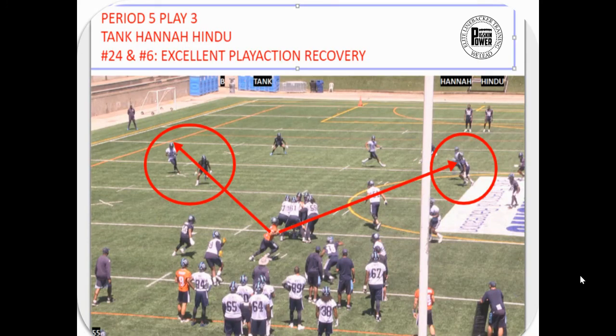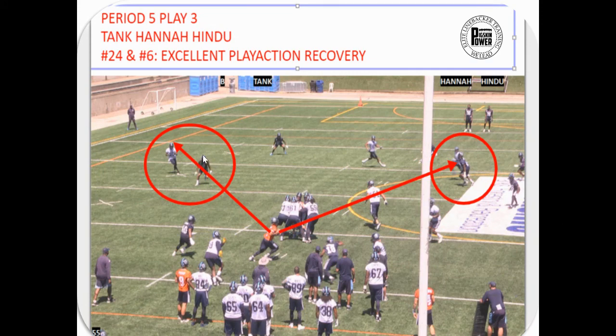Now, the last part of this is the ability to, when you're getting conflict, misdirection, play action, we saw that they read out and were able to adjust. So when the run and the blitz are able to read out, they've seen the right action versus both pull plays and hard dive plays. What about play action? Right here is a great example of excellent play action recovery. So we had a strong read,